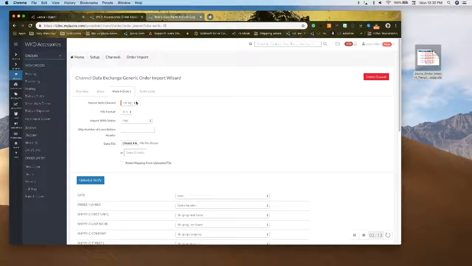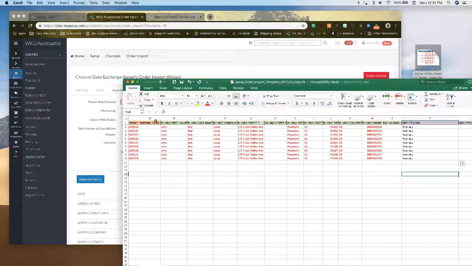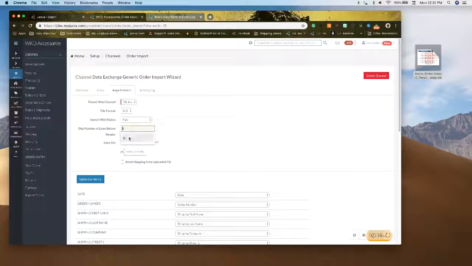You'll select your current parent web channel, and then your file format. For this one, typically people use Excel files or CSV, but we're going to use an Excel file. You can also select the option whether you want the orders to come in unpaid, paid, shipped, or completed. Right here, for the sake of this, we'll import the orders as paid. If you have lines in your document that are before your headers, you can choose to skip a number of lines before. Right now, we don't need anything for that. We'll choose our file,